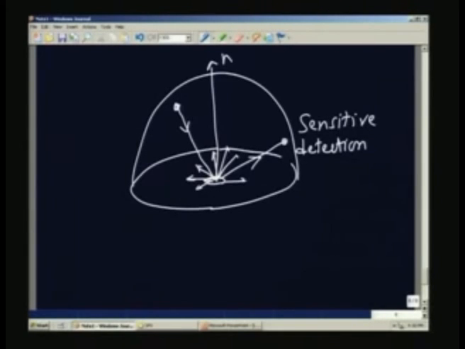What is the connection between this and the hemispherical directional or directional hemispherical? Let us just look at that. If I were to integrate the radiation going in all the directions, that is what we did in the integrating sphere case. That means that if I measure the reflectivity in all the directions and add all the reflected radiation in different directions together, that will be the actual reflectivity of the surface, which is given by the directional hemispherical reflectivity. It will be given by the net radiation coming in any given direction, and the net radiation going in all the other directions.